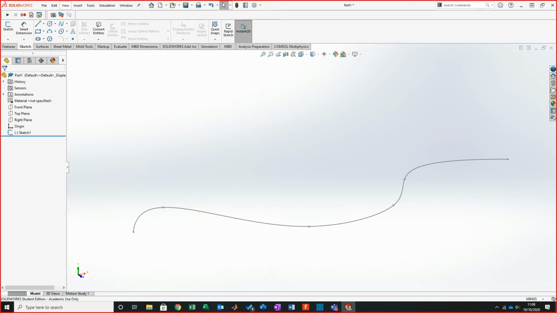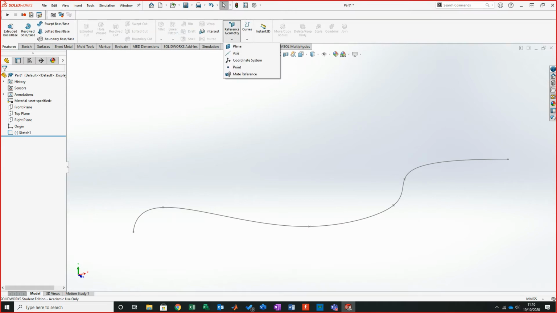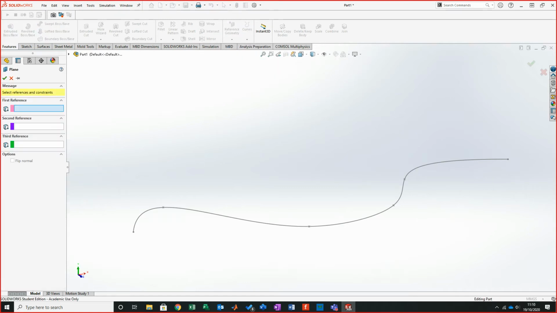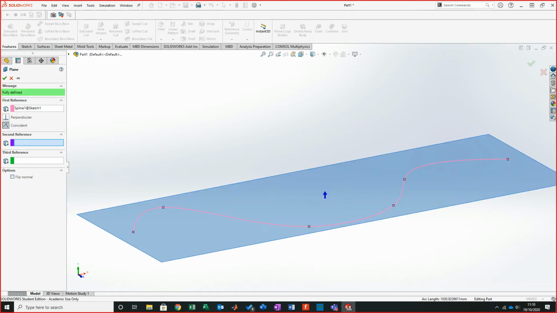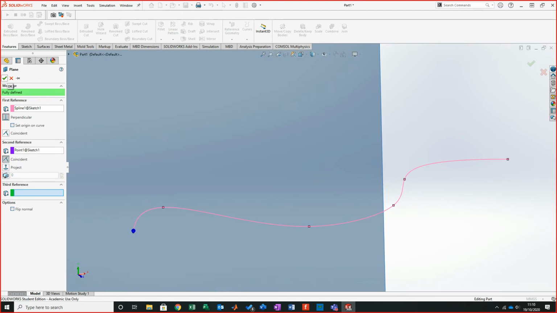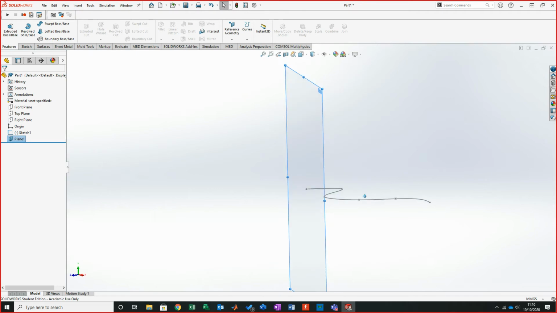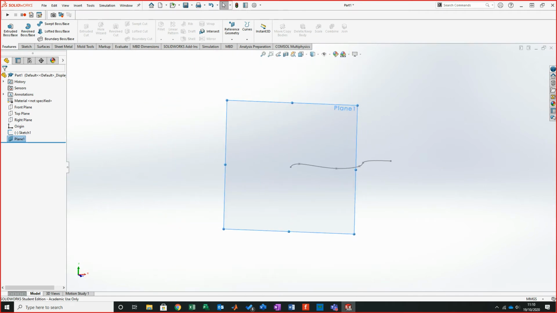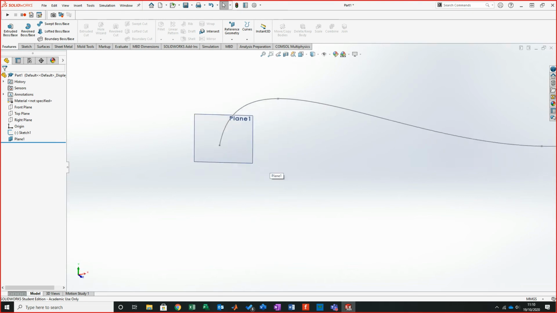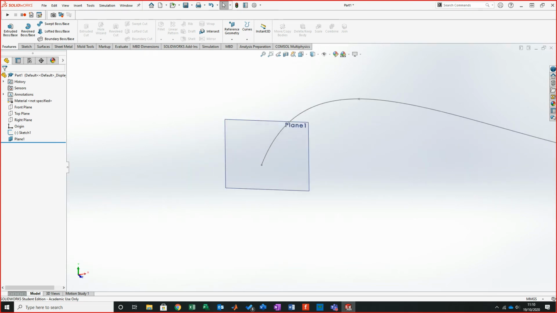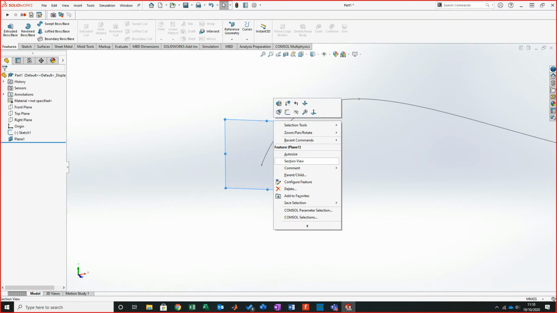It really has. If I go Features, and I'm going to go Reference Geometry, and I'm going to go to Plane, use the same tool as before, so I'm going to go line and point. There we go. So now we've got that normal, perpendicular plane which sits there. Now I hate these planes being so big, so I'm just going to scale that down just to give me an idea. Obviously the planes are infinite, so I often wish it would just scale itself a bit more sensibly. You can auto set them, so if I right click, auto size,